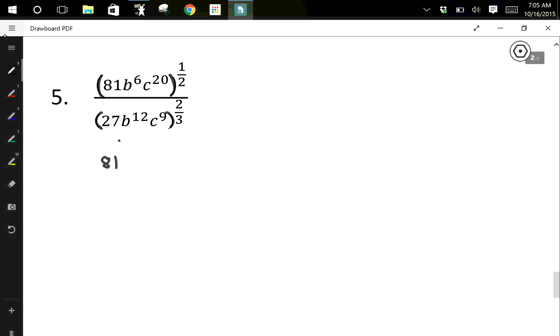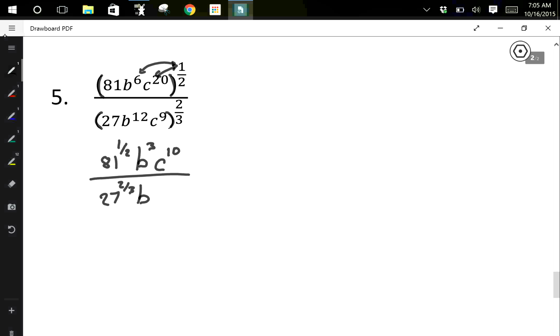So that's 81 to the 1/2 times b to the, now when we bring an exponent in, so it's b to the 6th to the 1/2, it's these two numbers multiplied. So 6 times 1/2, half of 6 is 3, times c to the, now 20 times 1/2 is 10. Good, and that's divided by, now this 2/3 exponent goes in. So that's going to be 27 to the 2/3